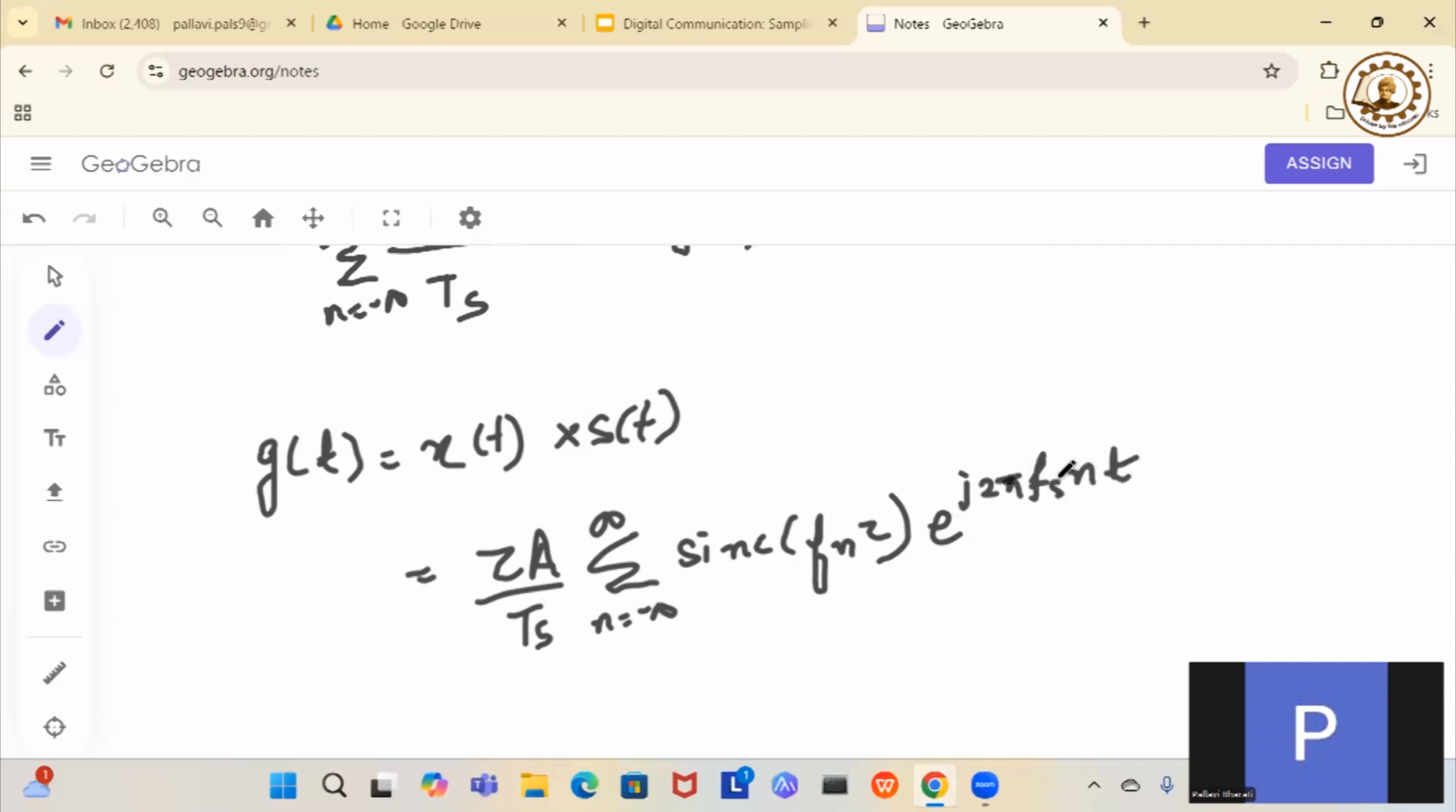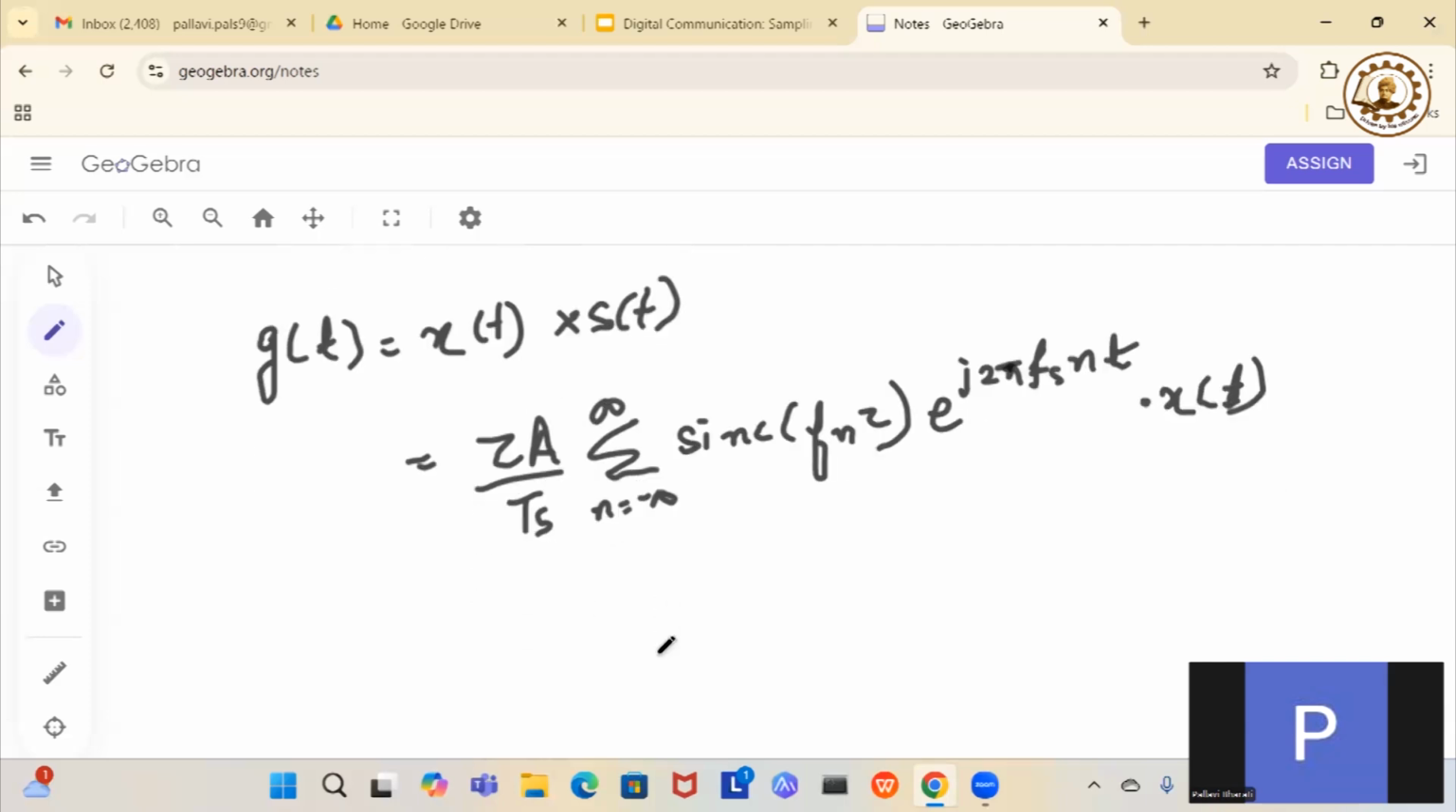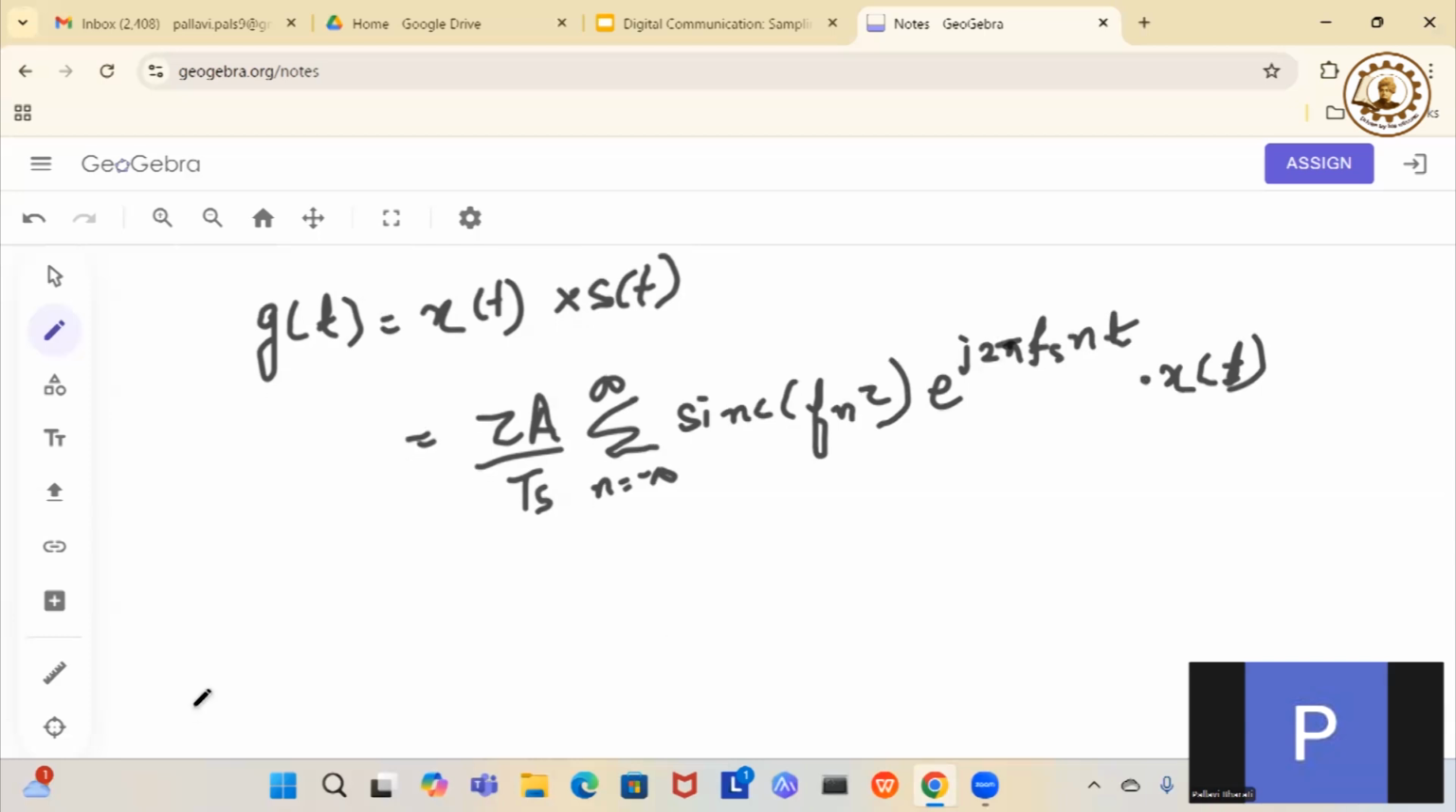This is pi into x(t). That's it. That's your sampled signal in the case of natural sampling. If you want to take the Fourier transform of this g(t) and represent it in the Fourier domain, then this is going to be G(omega) or G(f), whatever you call it. So the G(f), if you write it,